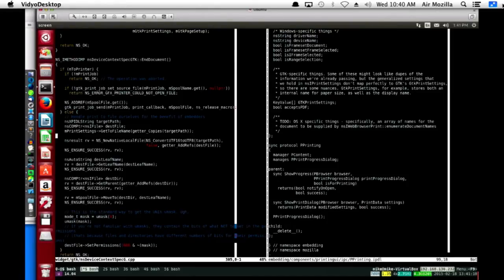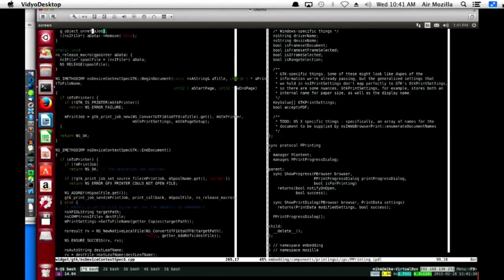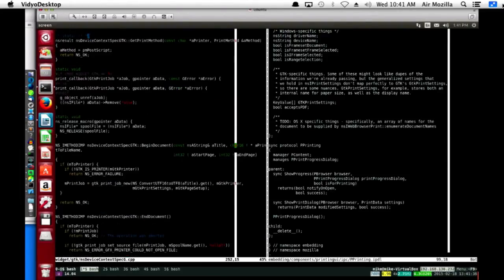We just move it in the end and set the permissions on it instead of deleting it. Whenever we actually print to the printer, we have this mSpoolName, I guess, spool file. We pass the spool file over to gtk_print_job_send, and this is the thing that actually kicks off the print job, the final step. It's out of our hands at this point, and whenever it's done, the print callback is fired, up here, and that's when we actually remove the spool file.